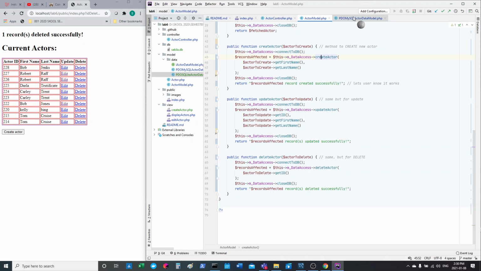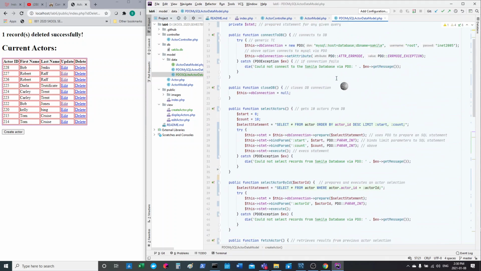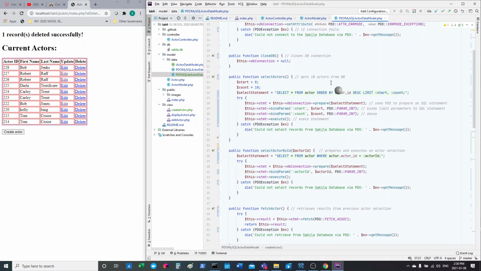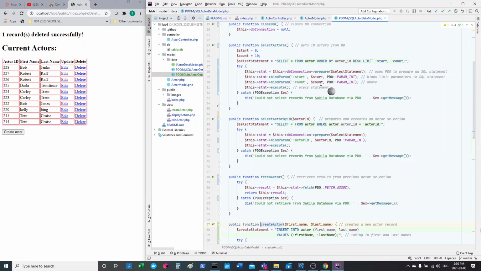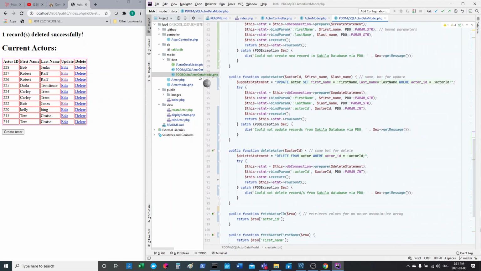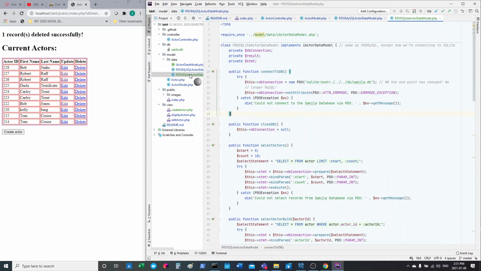And then over here you'll see that CRUD is also delegated within my PDO file. You'll see in this case I've created some prepared statements to connect to the MySQL database. So the code for all of those is in there, and this is all specific to MySQL. But you'll see if you come over here, you've got the same code, but this version is for